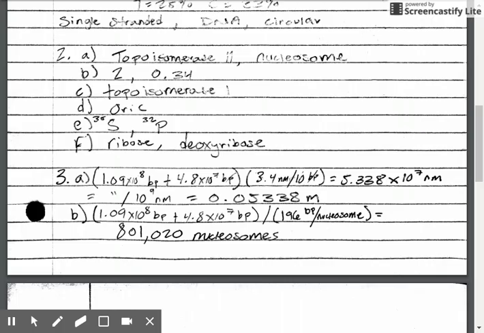For F, I put the sugar in uridine is ribose, while the sugar in deoxythymidine is deoxyribose. You can just tell that by the prefixes in those names. And the other answers as well can be found by looking at the instructor notes. Moving on to question 3,